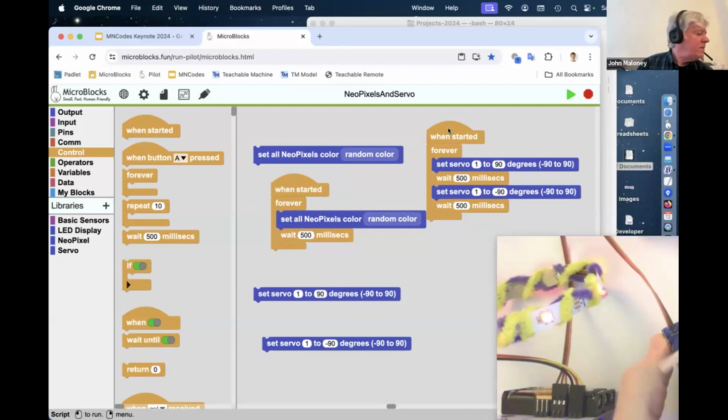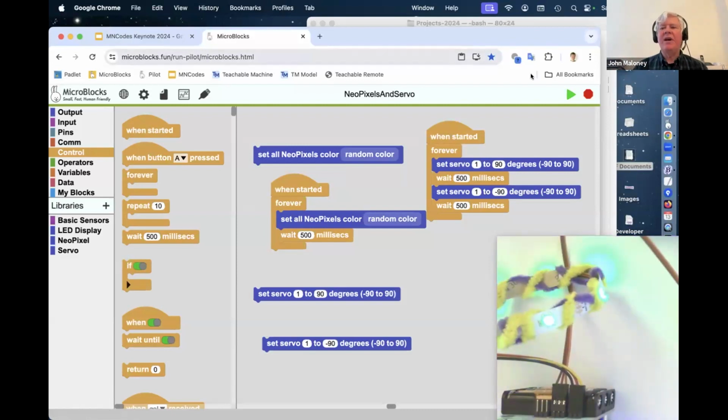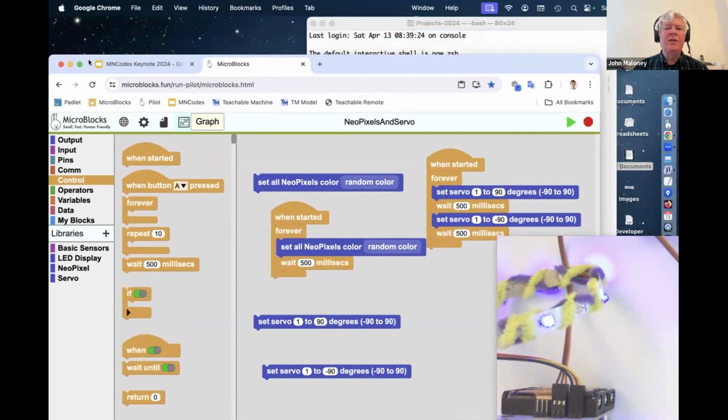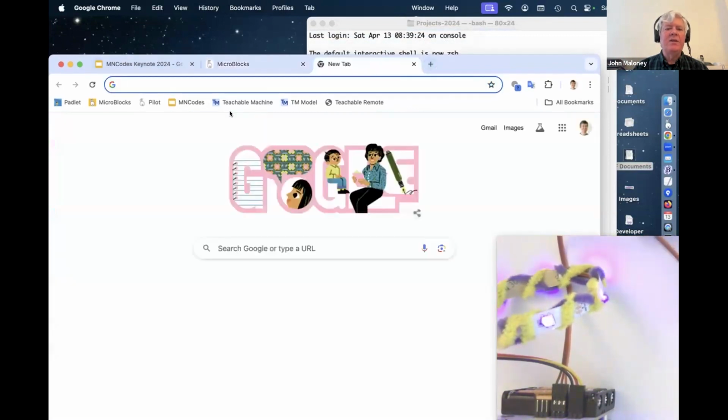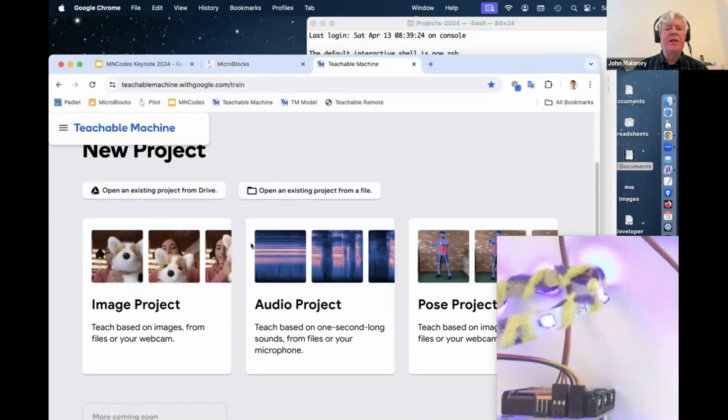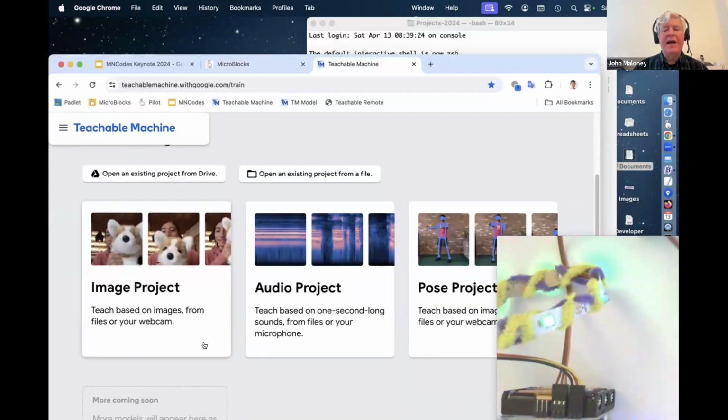Okay, yeah, I still have time to do one more demo. So I wanted to show as my last demo how you can combine MicroBlocks with the Teachable Machine to show AI things. If you haven't seen it before, Teachable Machine is a project from Google that allows you to train